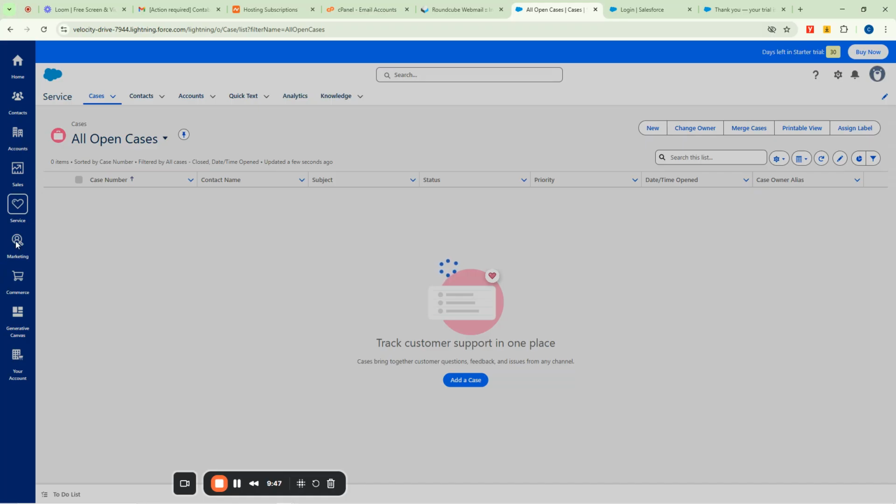Then we have the marketing here. The interesting thing I love about this tool, Salesforce, is that it tends to have similar features, just like the other CRM or sales tools that we know. I see something similar with, should I say HubSpot here? Yeah. So you can see that we also have the marketing part of it. So the marketing part of it is also here, where we can actually do a lot of things there, but